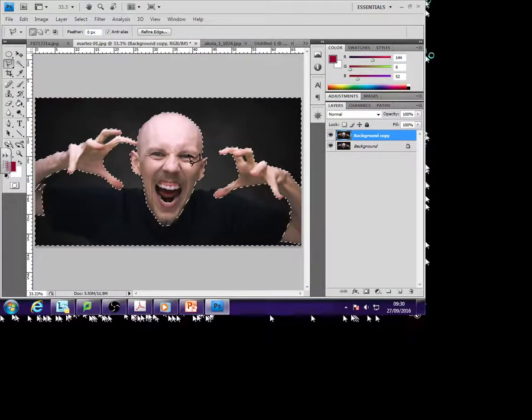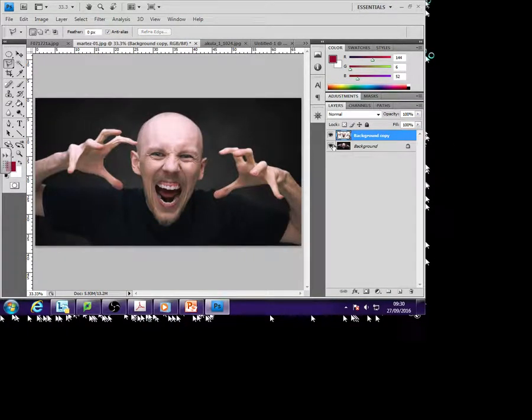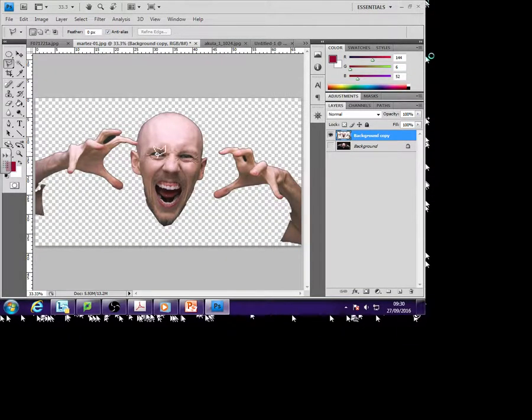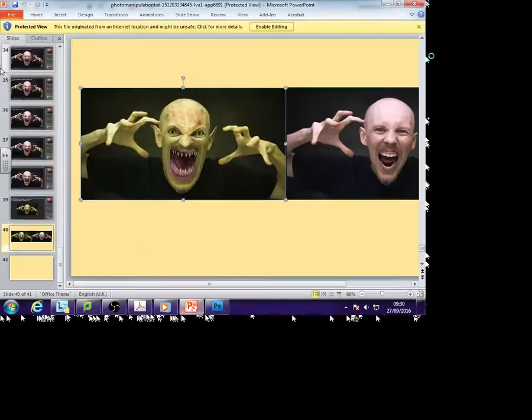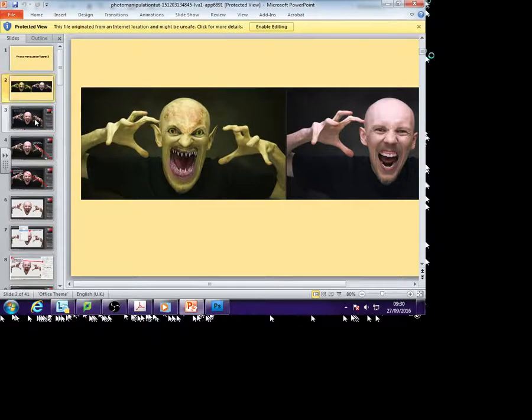So what we need to do is just click delete on the keyboard, and that should get rid of your background. Now if you've got this background layer visible, you're not going to see it, but if you just click the eye off you can make sure that you have got rid of that layer. So just to show you the process then, we're going to be going from that,